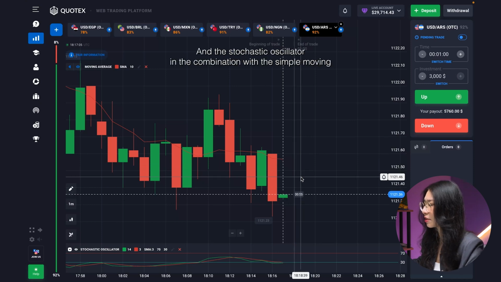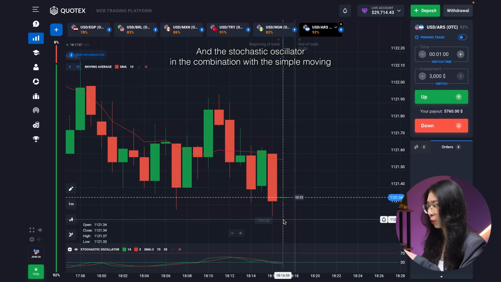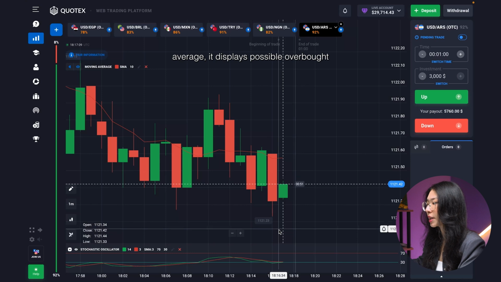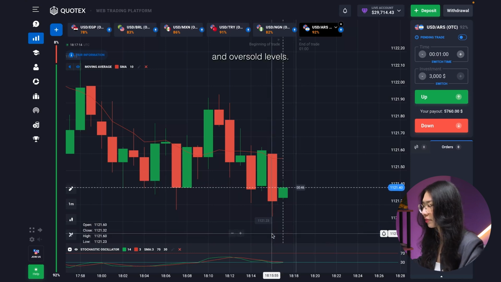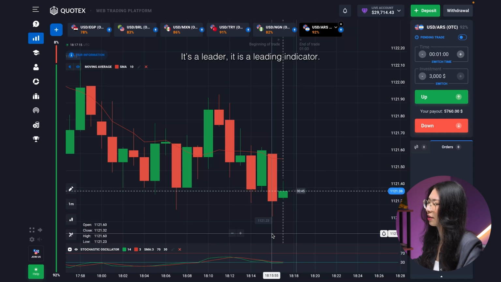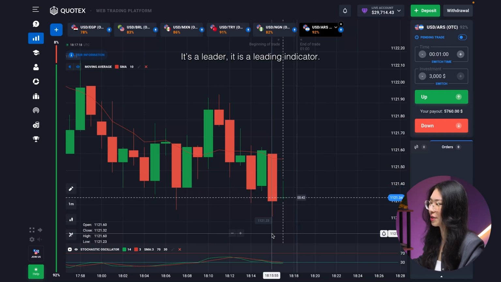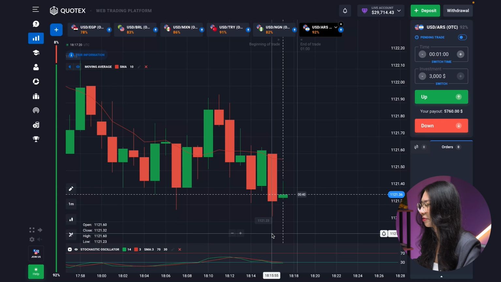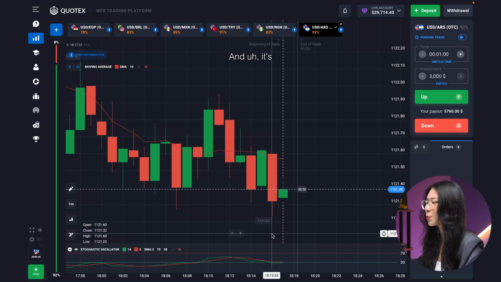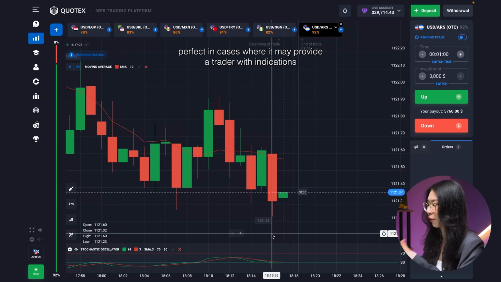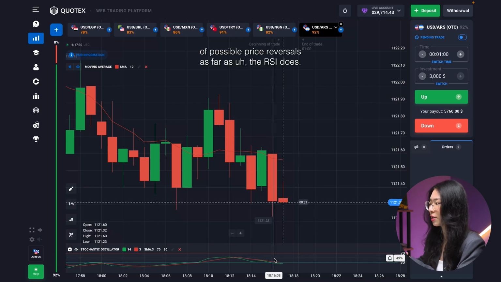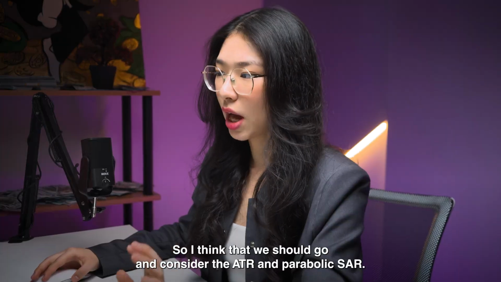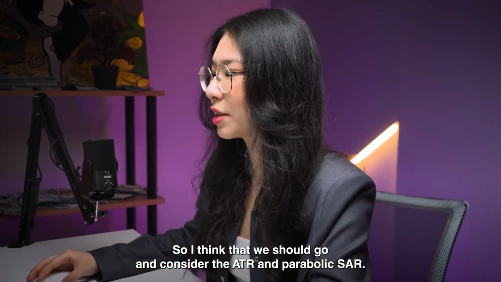And the stochastic oscillator, in combination with the simple moving average, displays possible overbought and oversold levels. It's a leading indicator. And it's perfect in cases where it may provide a trader with indications of possible price reversals, as far as the RSI does. So I think that we should go and consider the ATR and Parabolic SAR, and I'm